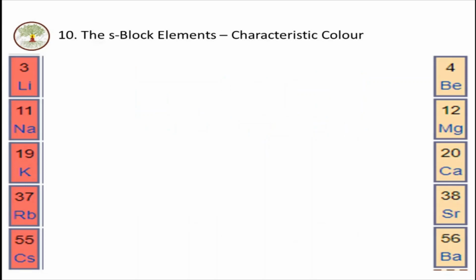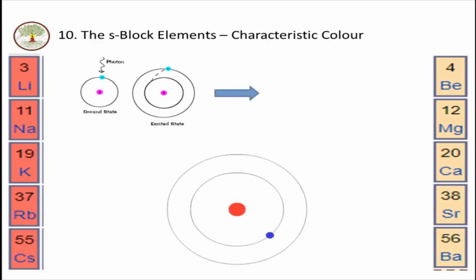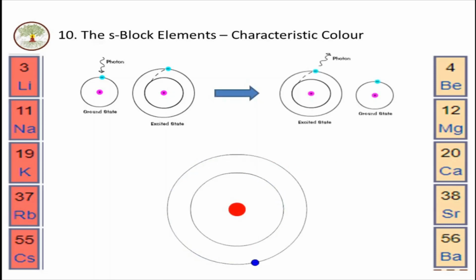Let us now try to understand how these elements exhibit color. When atoms in the ground state are supplied with a sufficient amount of energy, either in the form of heat or light or any other form of energy, they get excited and jump from the lower ground state orbital to a higher energy orbital. But this excited state is extremely unstable, so they instantaneously lose their energy in the form of light to come back to the stable